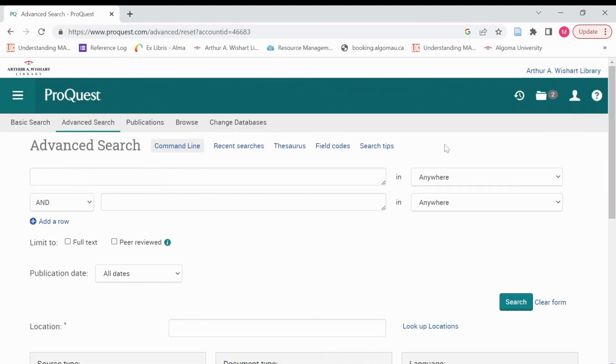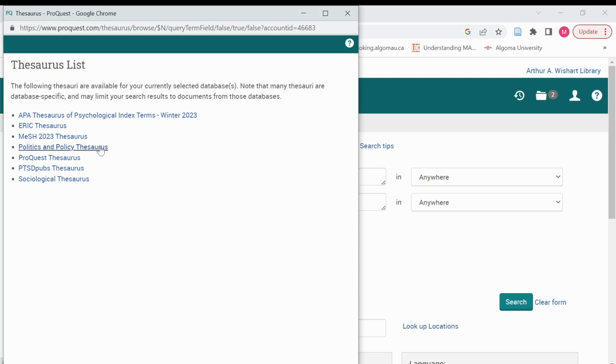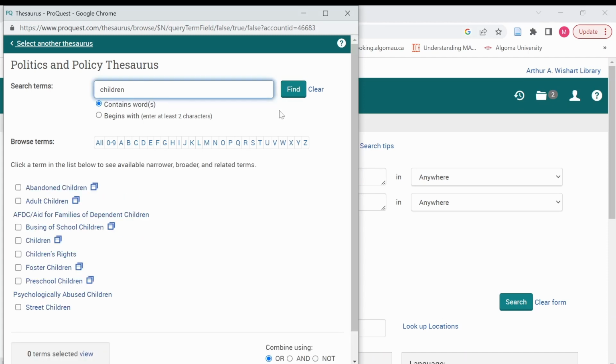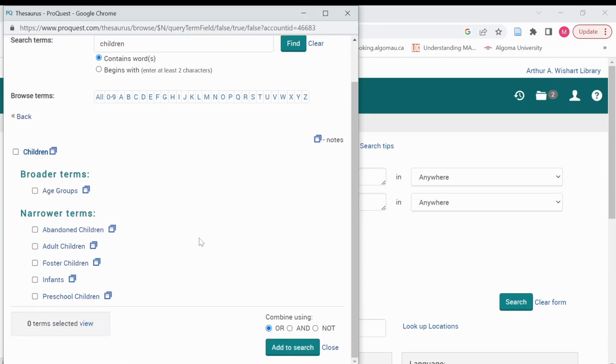Now, let's play around with Advanced Search. It's a lot like Advanced Search in Omni, but with a few differences. For example, ProQuest has a thesaurus option, which helps you to find search terms. Click on Thesaurus, select a thesaurus from the list, and then either search for a term or browse terms. Once you select a search term, ProQuest will offer choices of both broader and narrower search terms that you can